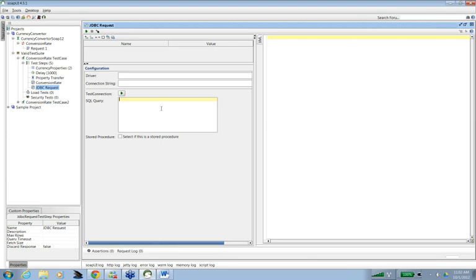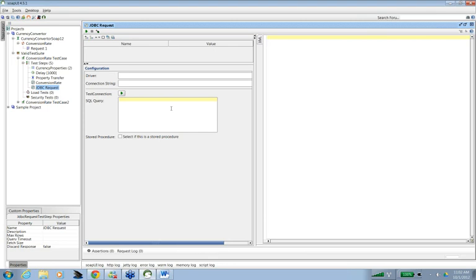So this is also a functional testing tool, but for API testing, or you can say web application testing. So I want to validate that a particular value in the database has been updated.